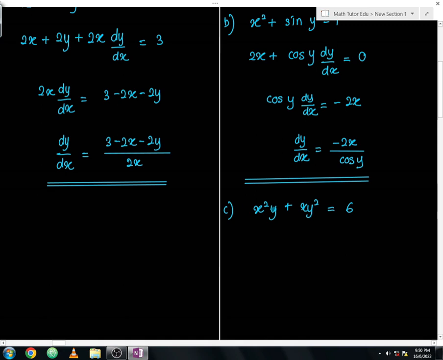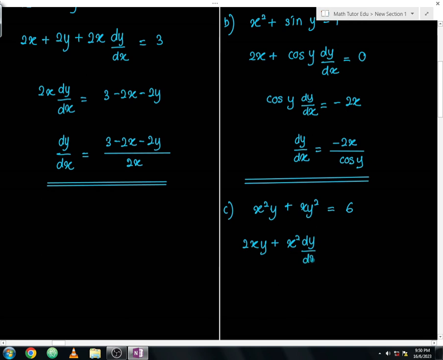Okay, so from here, same step, both sides you need to differentiate with respect to x. So let us start with this set of variables, x square y. From here we treat this as a product rule. Let us differentiate the x first. So from here x square y, it will be 2xy plus, since we are treating this as a product rule, we differentiate the x first and then followed by differentiate the y. So differentiate the y, from here it will be x square times dy